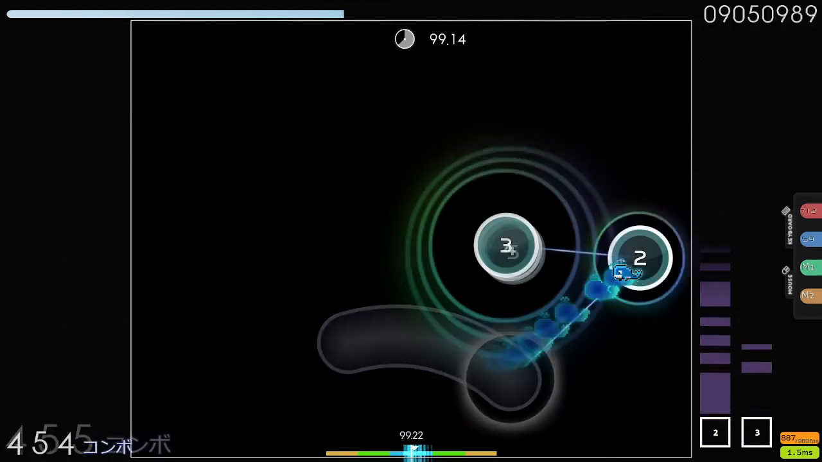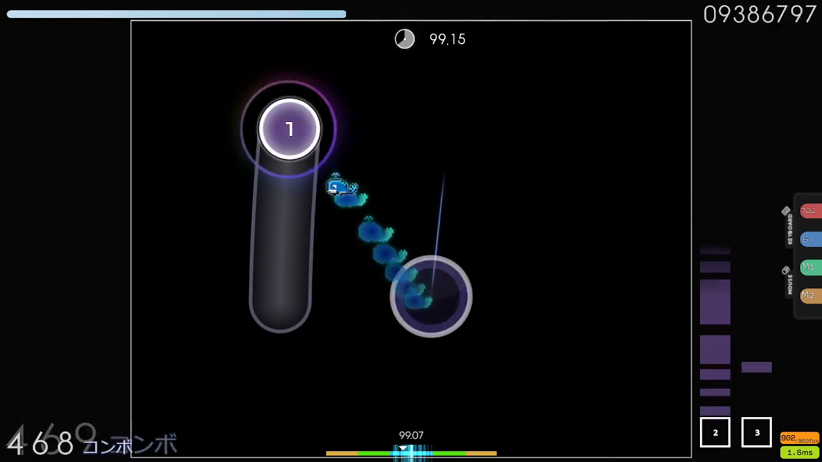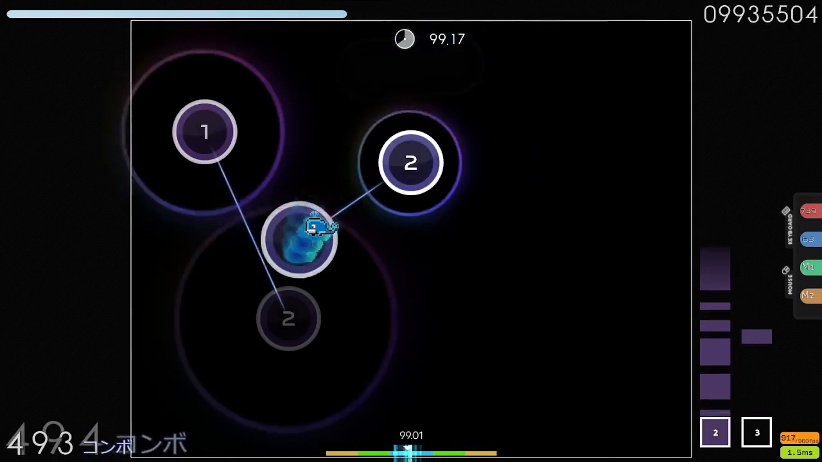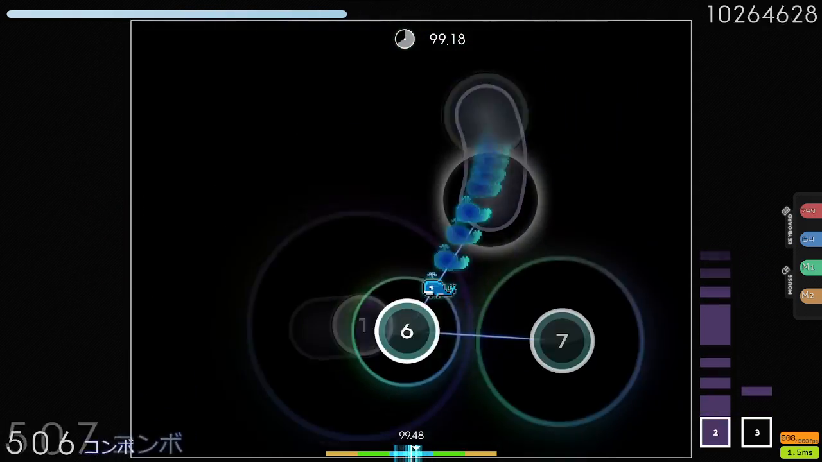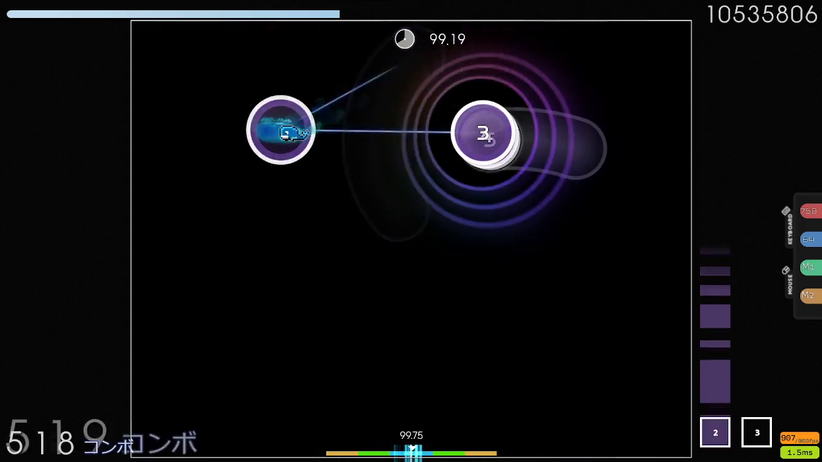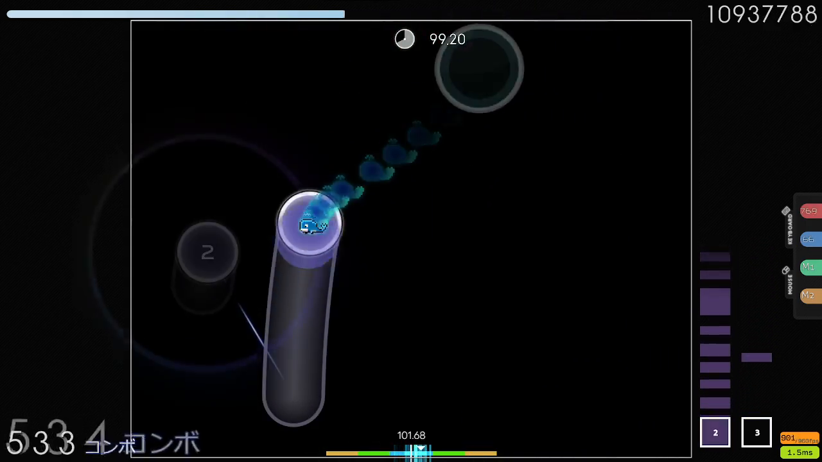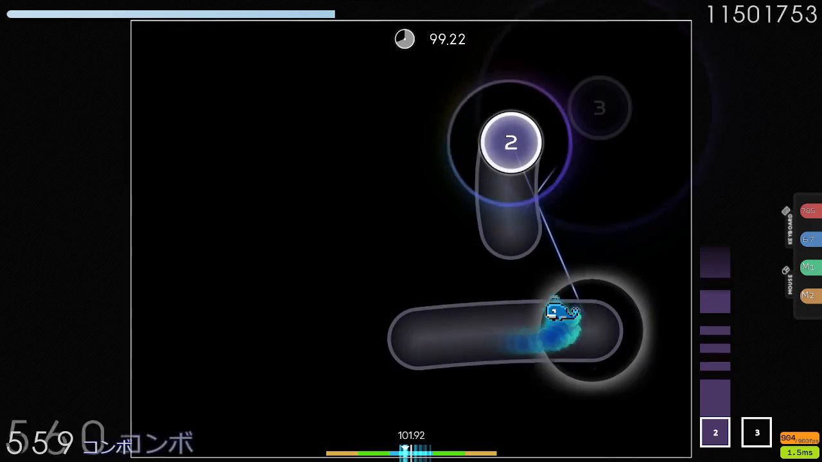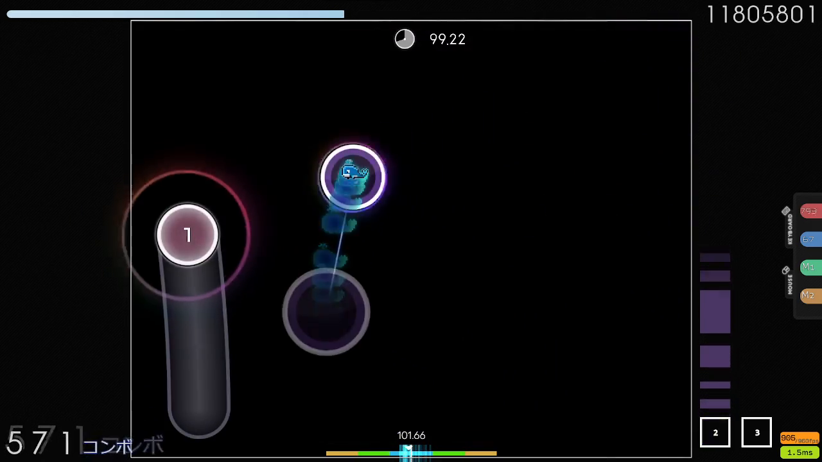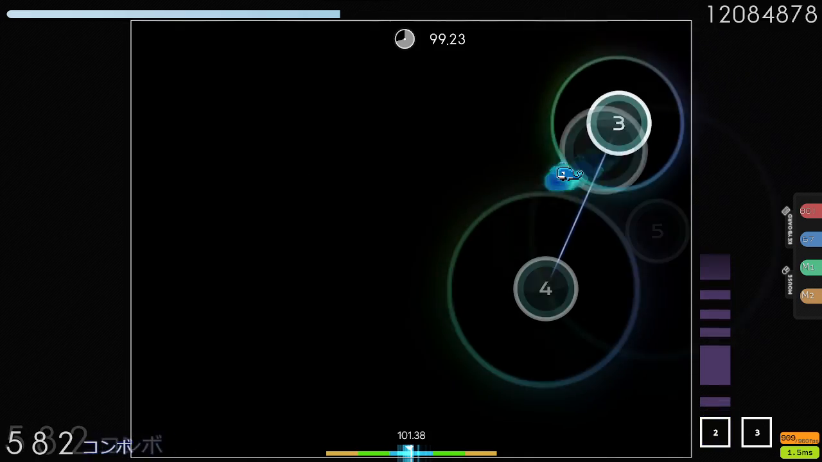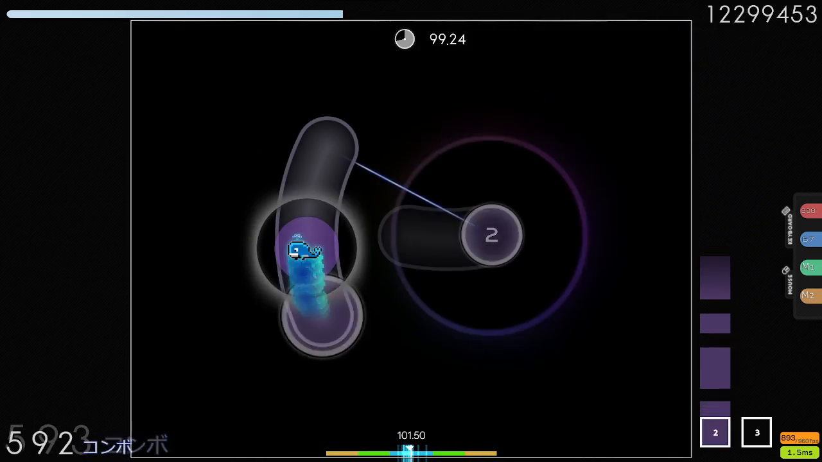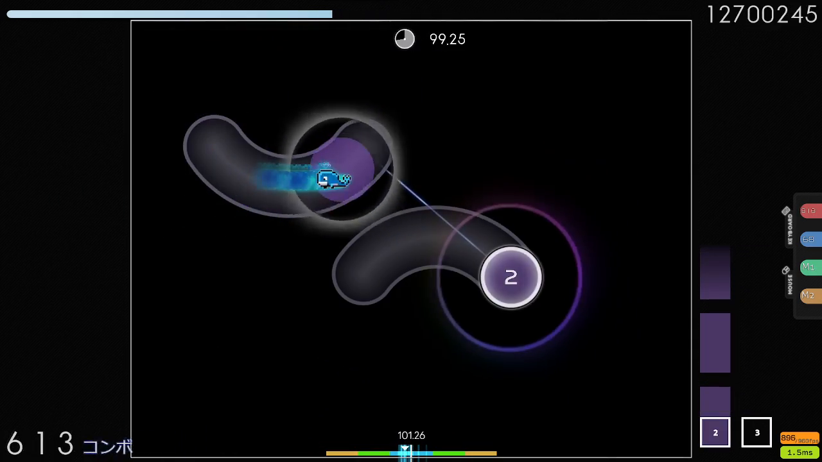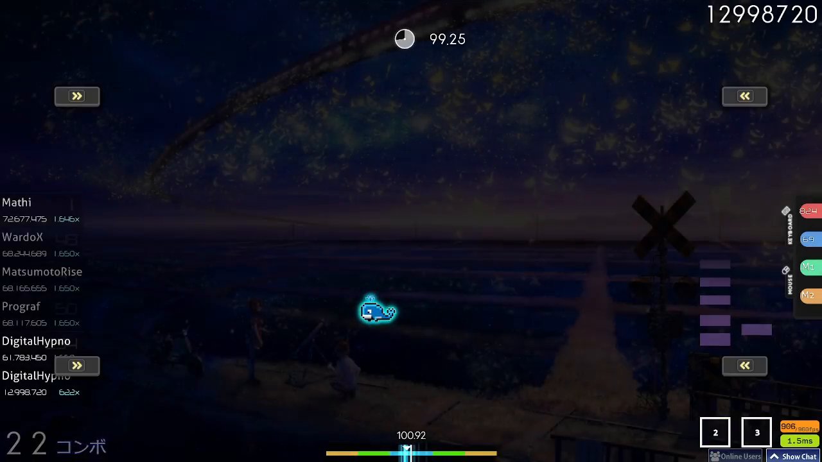But yeah, I would say, okay, people sometimes define consistency as just straight up how good you are. Like if you're good enough to play a map, then you'll be consistent on it, and if you're not consistent on a map, then you're just not good enough for it. And I think that's true to an extent, but there's definitely people with a much higher skill cap than their fundamentals. And in that case, technically they have the ability to get a score, but